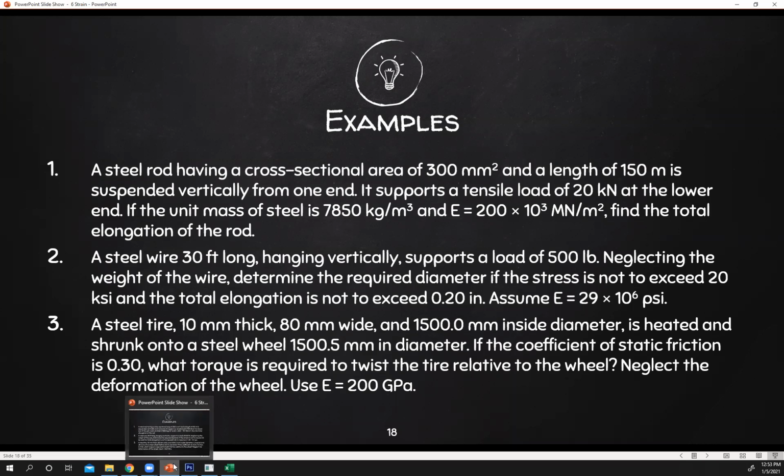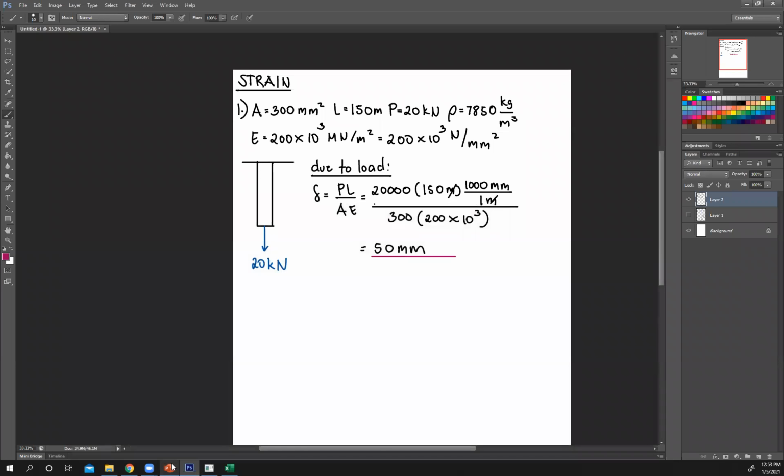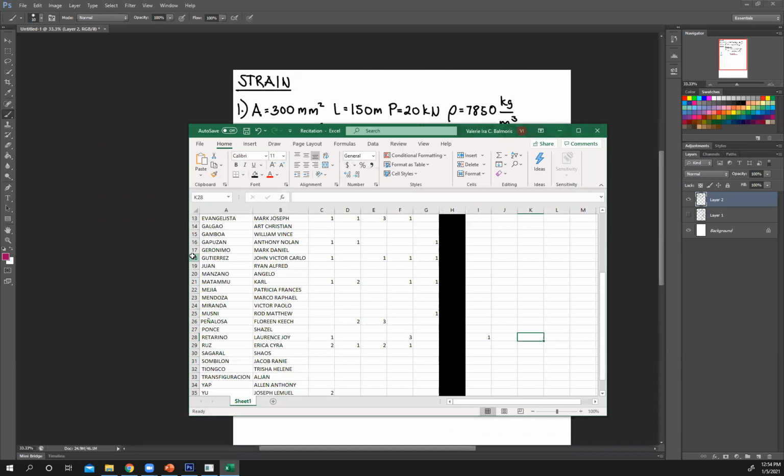So anyone else who wants to figure out why is it not 50? Kulang pa siya. Medyo may clue dyan. Okay, you're close, John, Victor. It has something to do with weight. Remember, if you have a free hanging rod, it's gonna elongate due to its own weight. So I'll give you the point. Very good, John.